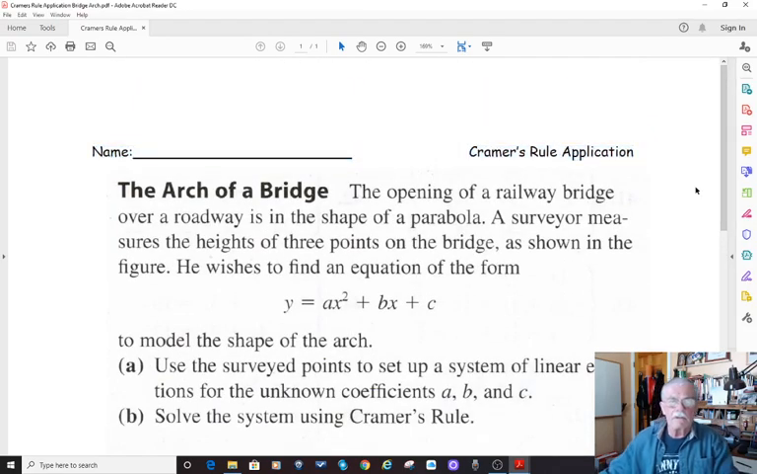Okay, ladies and gentlemen, we are here for our second and final go around with Cramer's rule. We're going to do an application, and I found a nice problem. If you're a civil engineer, a highway designer, I'm sure you've come across situations where you have occasionally seen